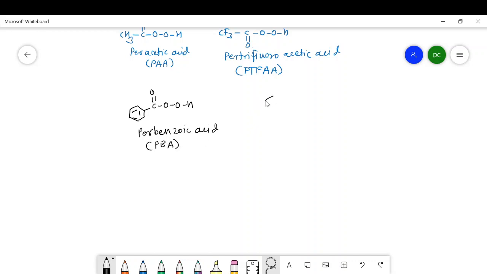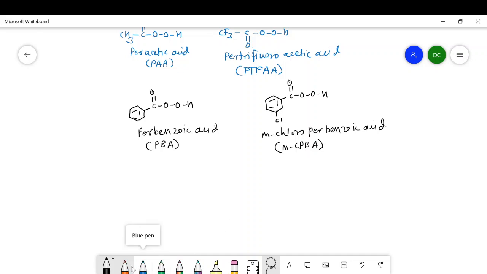If I attach a chlorine group at the meta position to the per acid functionality, then we get meta-chloroperbenzoic acid. It is a famous perbenzoic acid that is used for the epoxidation process also, and for